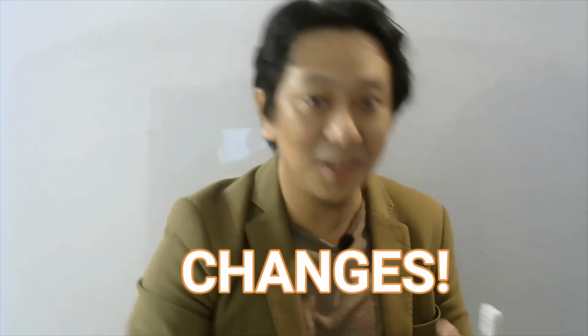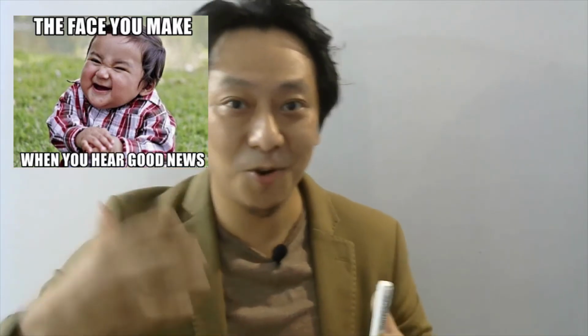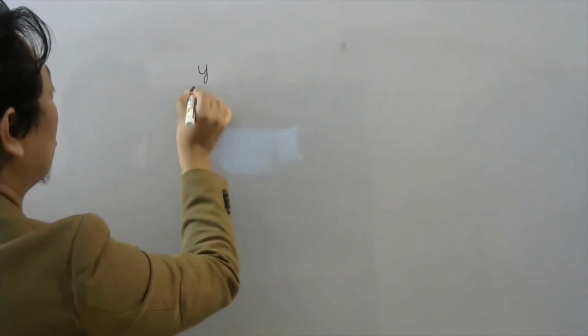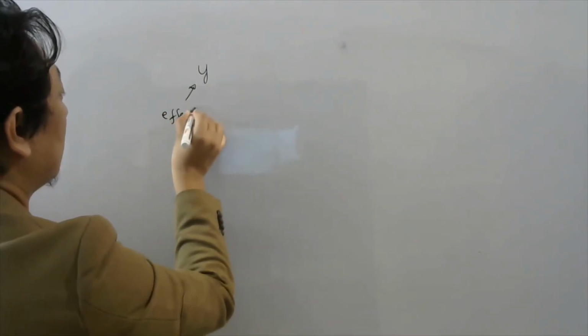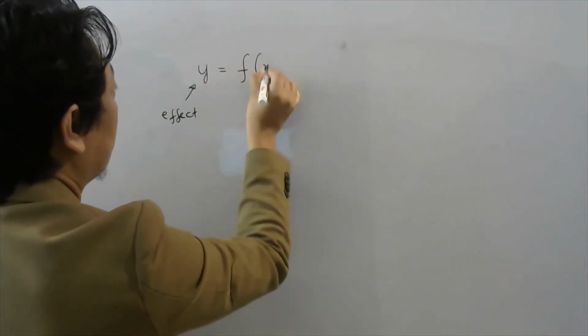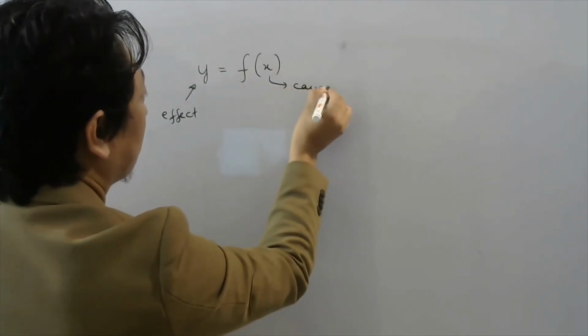After learning so many things, if somebody asks you what is actually differentiation and why do we need differentiation, the answer you must be giving is, in nature we see there are changes, and if something changes, it is because something else has changed, isn't it? If you are happy, it's because somebody gave you good news. So for every effect there is a cause. In mathematics we could write it as y, which is your effect, is a function of x, where x is the cause, right?